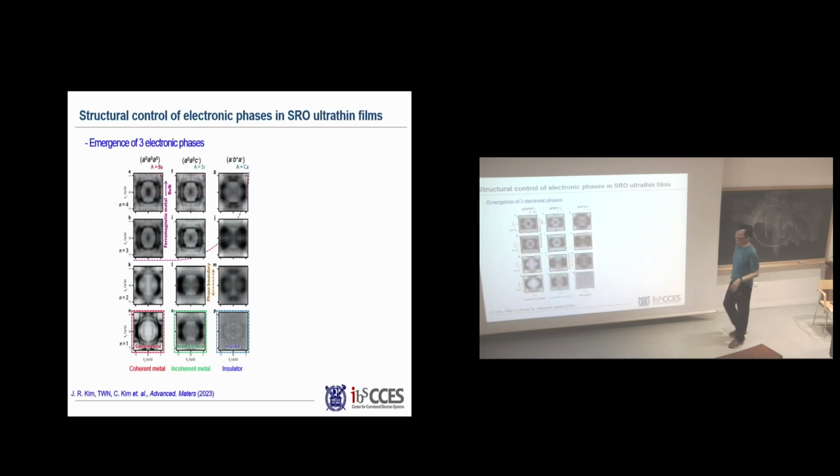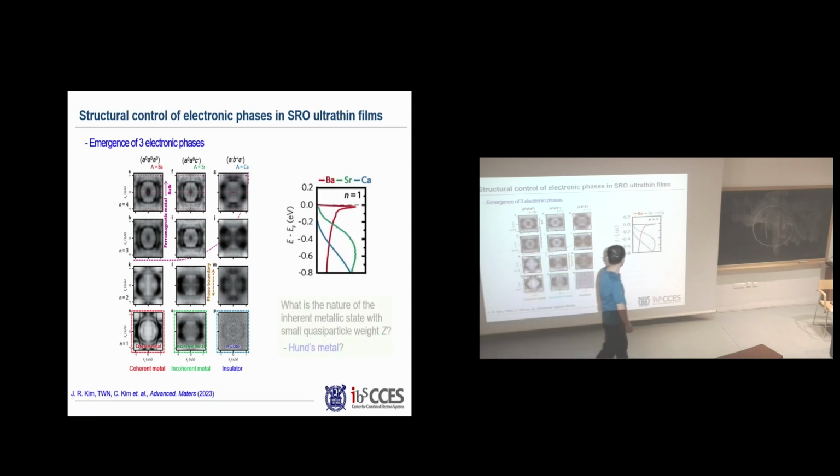And also, this is on barium titanate, strontium titanate, calcium titanate. So we increase from here to here, increasing the OOR rotations. This is a 4 unit cell sample, 3 unit cell, 2 unit cell, 1 unit cell. Last time I showed you this one. This is all metallic, but this becomes very blurry, so it's quite incoherent. But if you move to the barium titanate, even for the 1 unit cell, you have a coherent metal. It's a very clear Fermi surface. But here, it all disappears at the insulator. So a metal-insulator transition can occur in the middle.